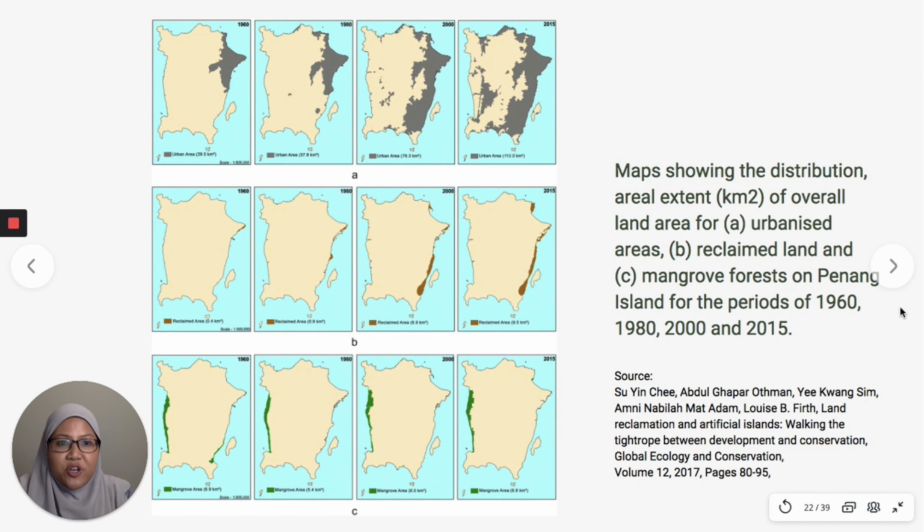This next map, also of Penang from the same research, shows the distribution of the aerial extent of the overall land area, of the urbanized area, reclaimed land, and mangrove forest. So you can see from the first row, the map shows the gray area, which is the urban area. Now, from 1960, you can see how the gray area is only on the northeastern side. And then as it goes to 2015, it further spread towards the inland part of the island